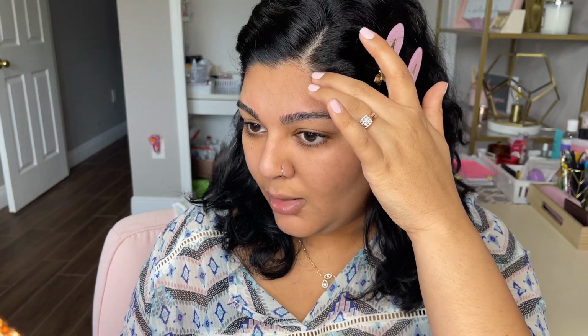The only negative thing I do have to say is that it does leave a white cast. I can see I just look a little bit lighter than my neck area, so I don't know how I would be able to wear this without anything on top, if I was out in the sun or getting photographed. I really feel like it would leave a white cast, and especially for other women of color, I don't know how we'd be able to wear this on its own. But as you can see, as a primer and moisturizer,